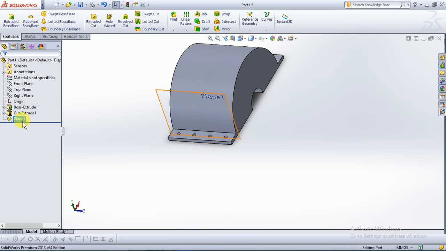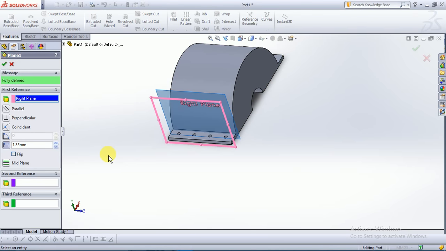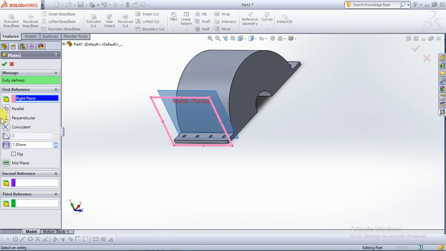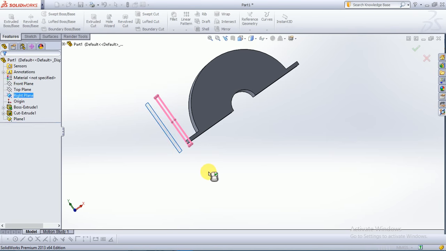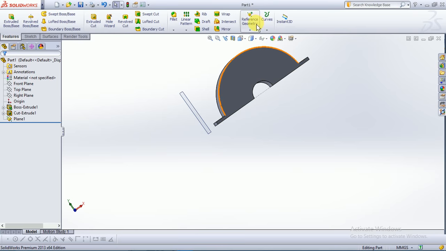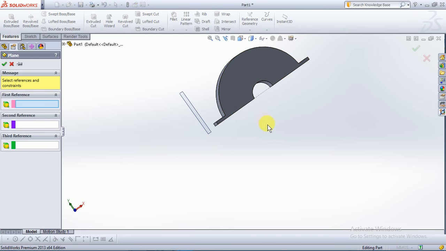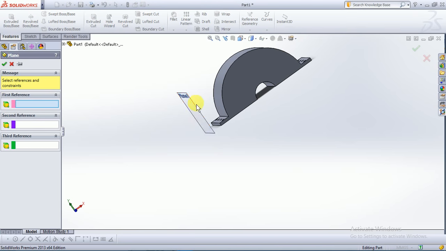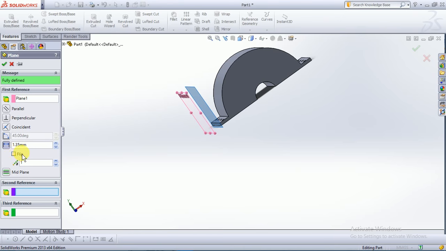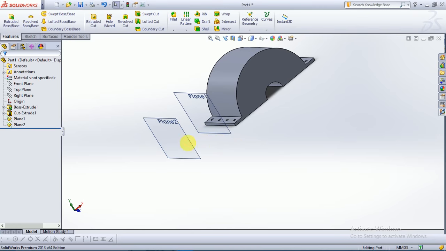Let me just edit this feature. The right plane is that, and I need this to the other surface plane. Okay, now it's alright. Then again choose reference geometry plane, and now choose as a reference plane 1 and flip it at a distance of 5.75 mm. Okay, now again choose reference geometry plane,